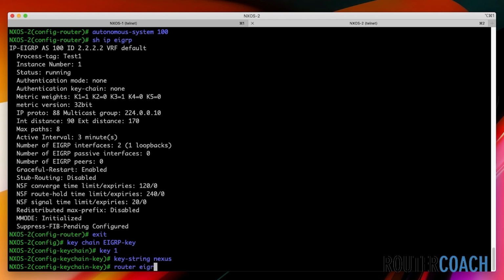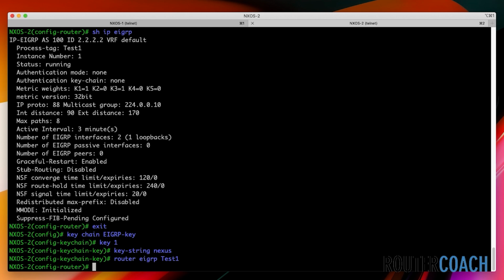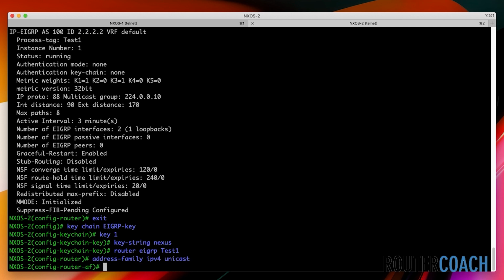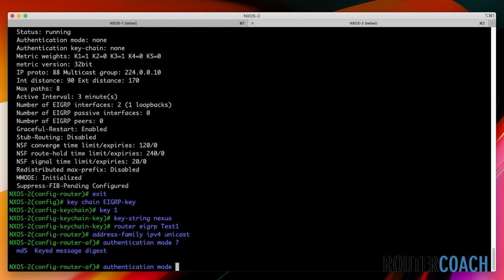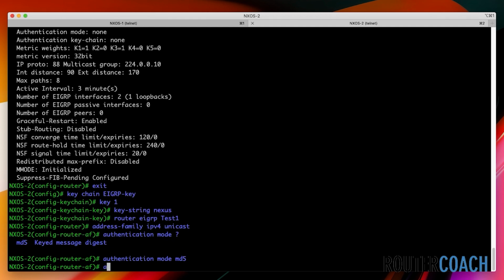Router EIGRP test 1, for the IPv4 address family, IPv4 Unicast. And then we say authentication mode is MD5. I wonder what authentication modes they have. Only MD5. Okay, so you have to use MD5. And authentication keychain